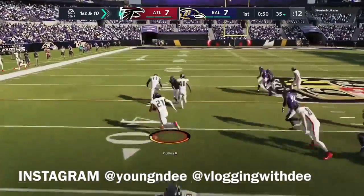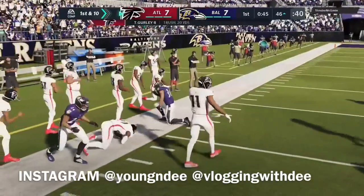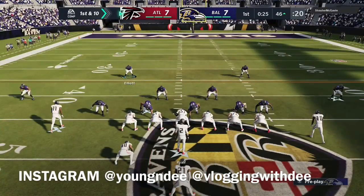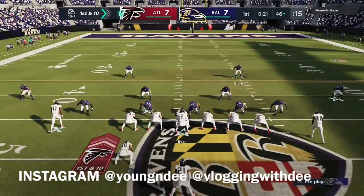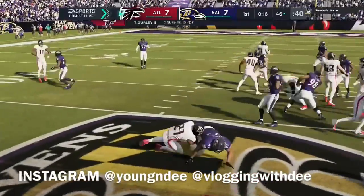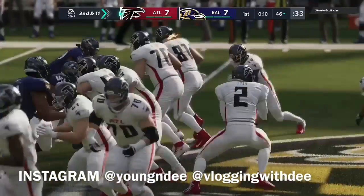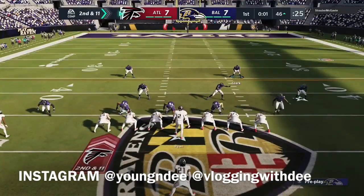Now the first carry here for Todd Gurley. Gurley's got the first down and then some. And he takes it across the 50 to the 46-yard line. That burst good for 20 and a first down. Back-to-back good plays have him on the move on first down. Gurley. And this one goes nowhere. Losing yardage on the play back at the 46. He'll lose a yard there, and it's 2nd and 11. Brings up 2nd and 11 at the Ravens' 46-yard